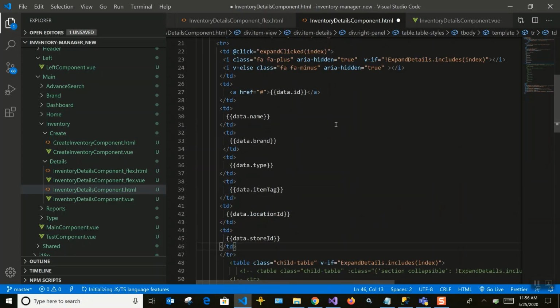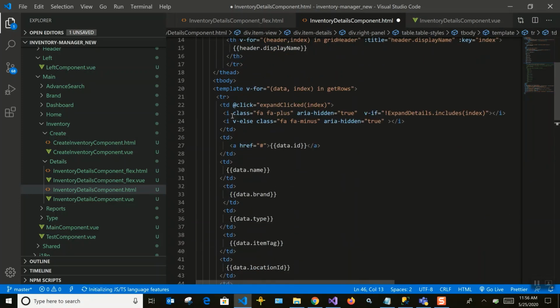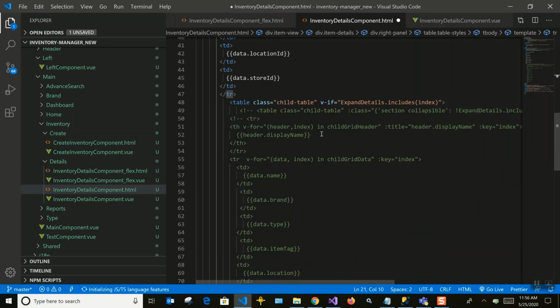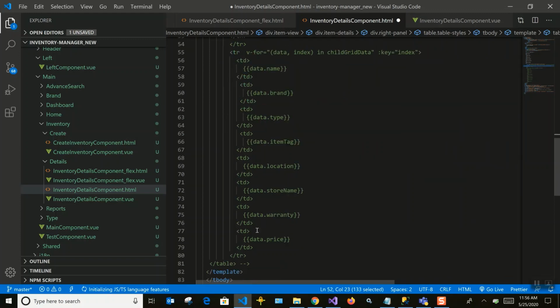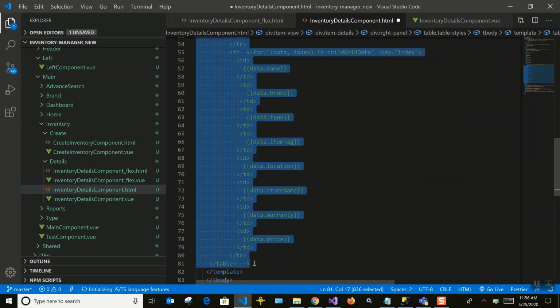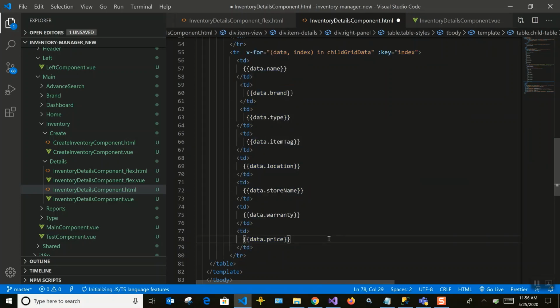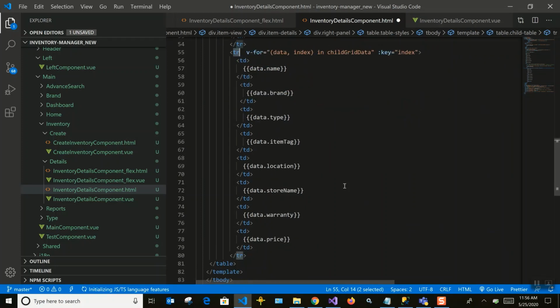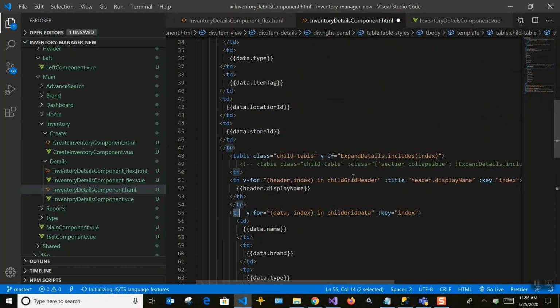I'm creating a table inside that, next to that TR, because I need to have a table view. So in this table I'm adding the TR, TH and the remaining tbody details. I'll show you the dummy JSON data that we have added, like the grid child header and the grid child data.